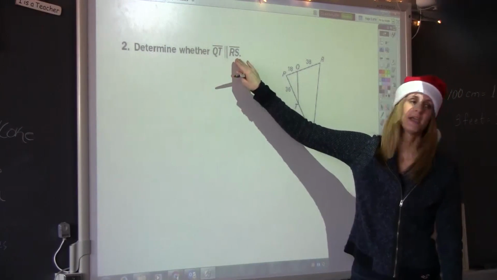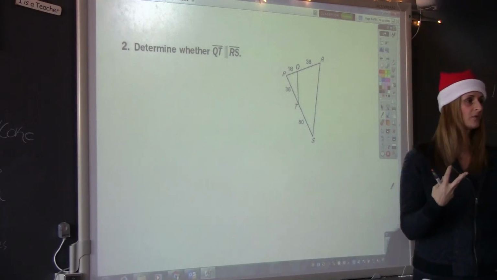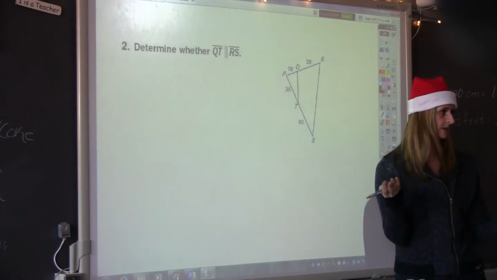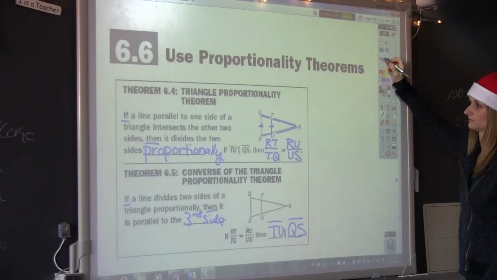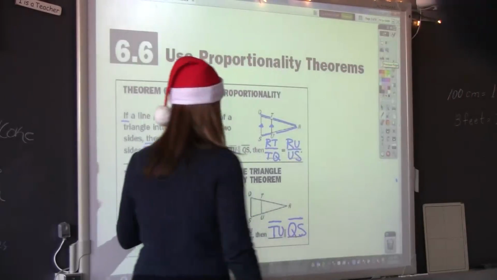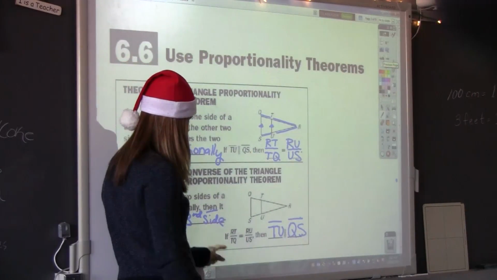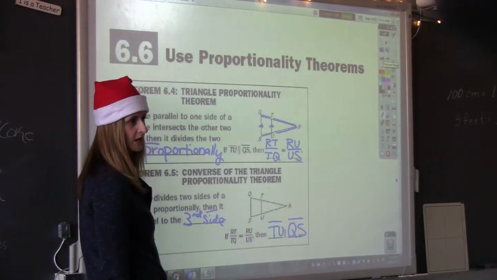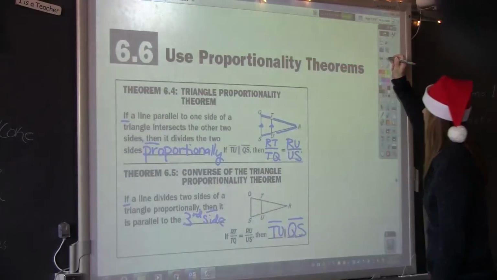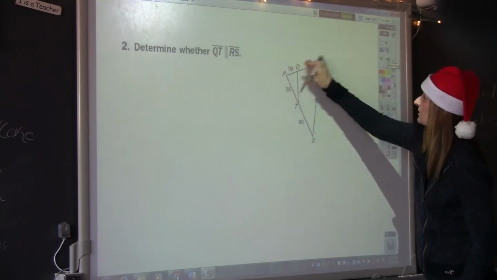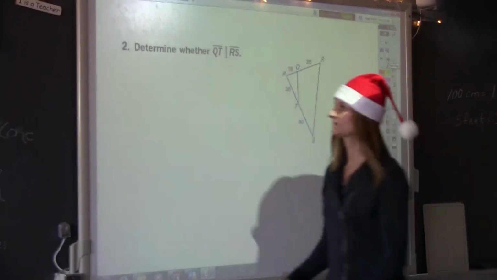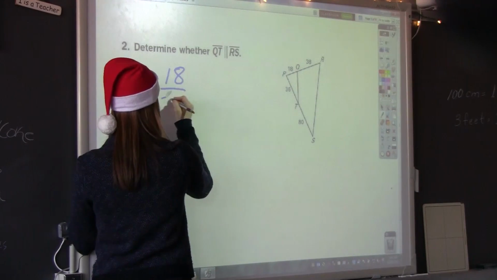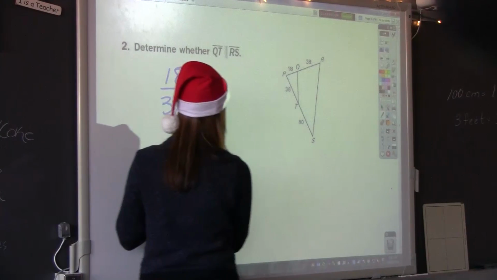Determine whether QT is parallel to RS. Now we're not being told that the lines are parallel. We're being asked, based on these ratios, are the two lines parallel? So, converse. If these ratios are the same, then the lines are parallel. Are these ratios the same? When you simplify them, so 18 is to 38, is that equal to